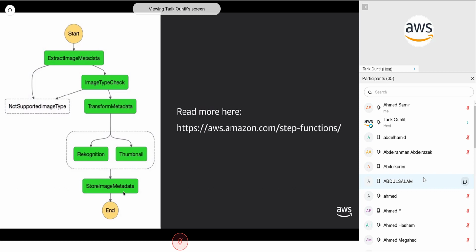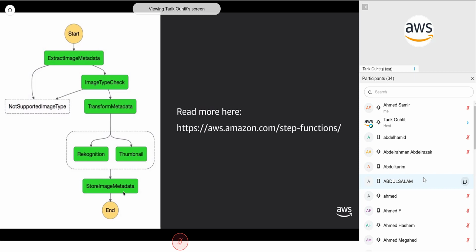What step functions allows you to do is take that out of your applications and simplify your applications. So all of the green boxes you see here are actually individual Lambda functions. And step functions controls the orchestration and the running of these Lambda functions. And it aggregates and runs and checks results. And it can also do automatic retries for you and back-off handling and error reporting.